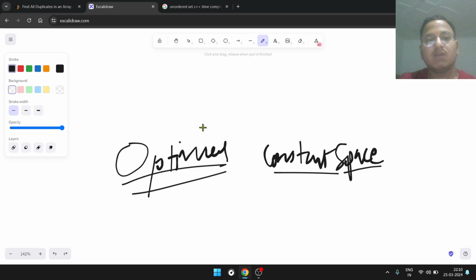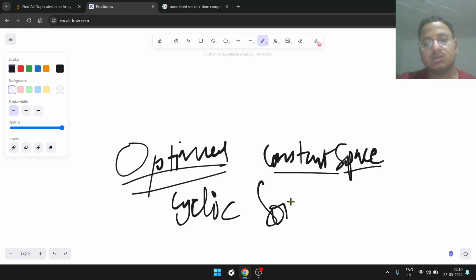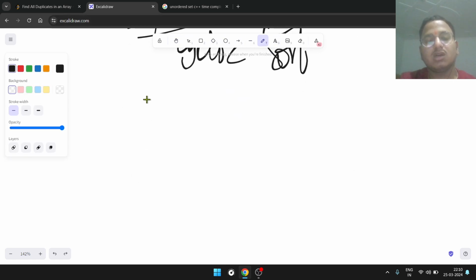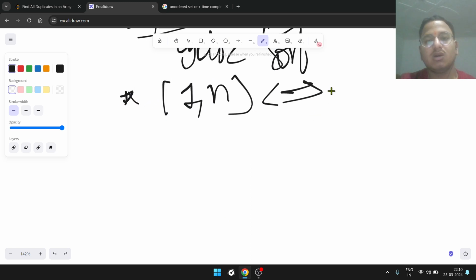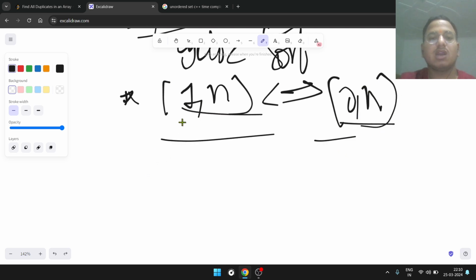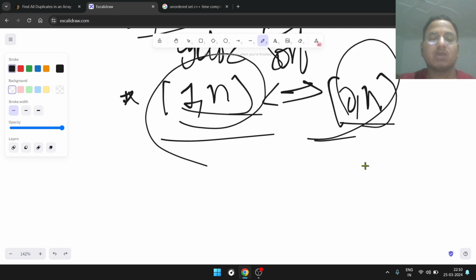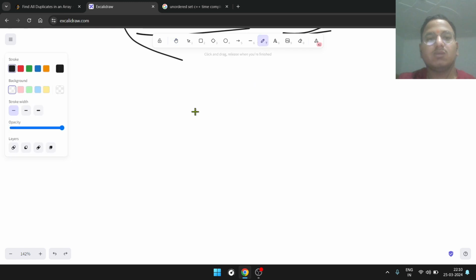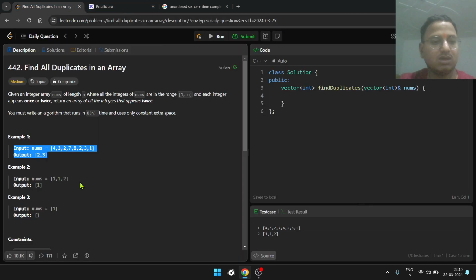for that we have something called cyclic sort. This is a sorting algorithm, and the hint to apply it is whenever you see a range like this in the question, that the array elements lie in the range this and this, then you can think of applying cyclic sort. And the idea behind this is that whatever the input you are given, let's say this was